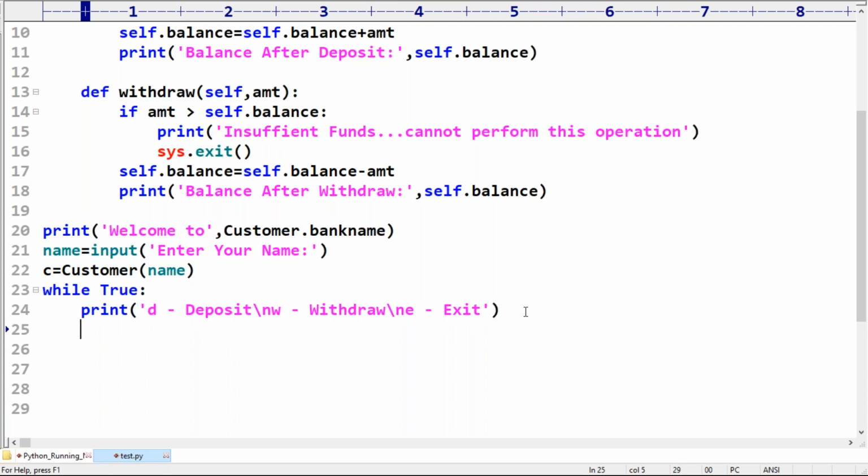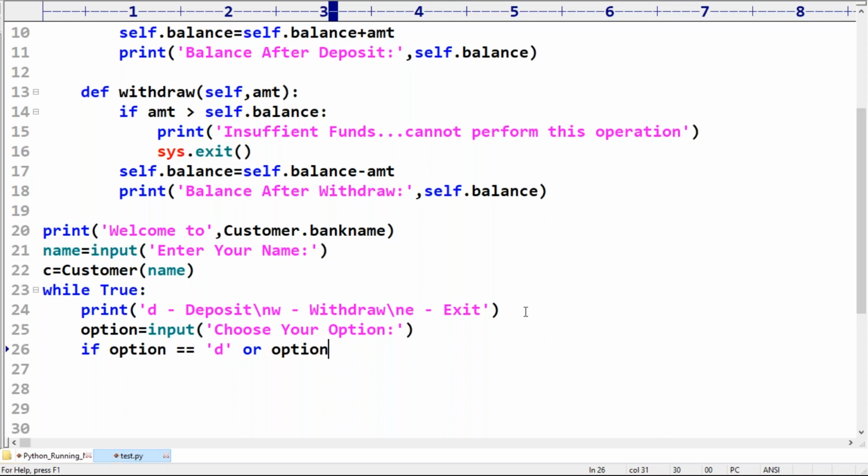Now option is equal to input of choose your option, because I already showed the options. Next, if option is equal to d or option is equal to D, what is the meaning of this?